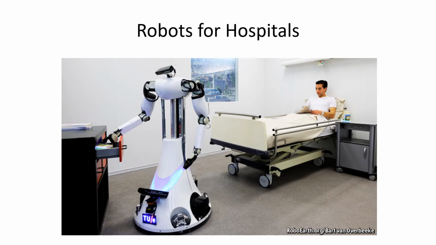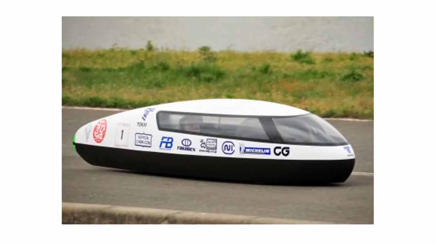Robots for hospitals. There might be more than 8 motors here, minimum 8 to 10 motors. These humanoid types of robots are using them. Many students design electric vehicles, right? So those electric vehicles use brushless DC motors too. Small scale vehicles use brushless DC motor, but larger vehicles generally use three-phase induction motor.